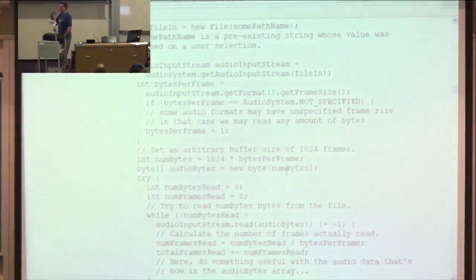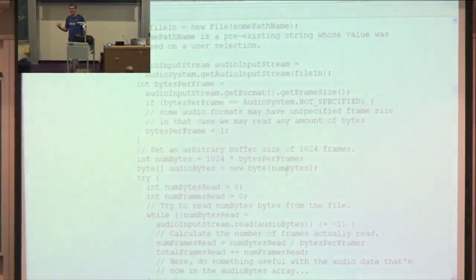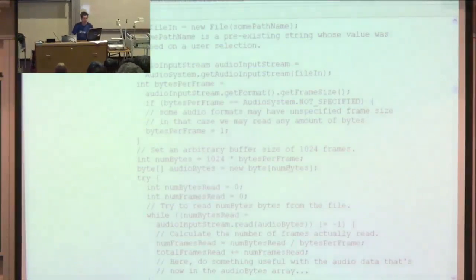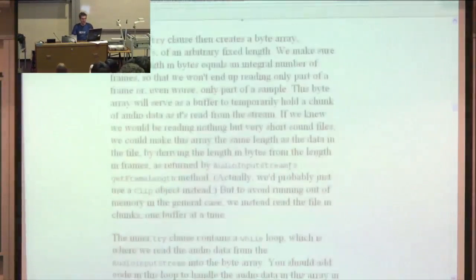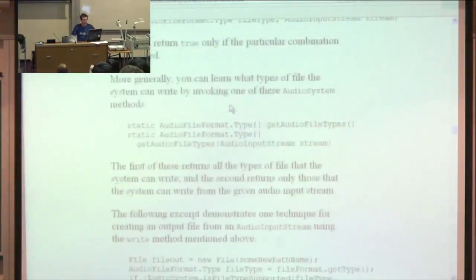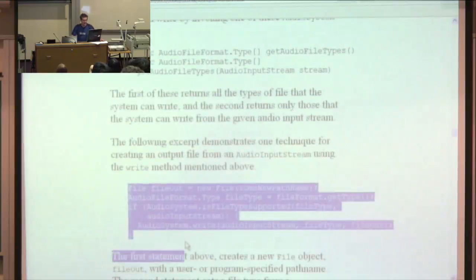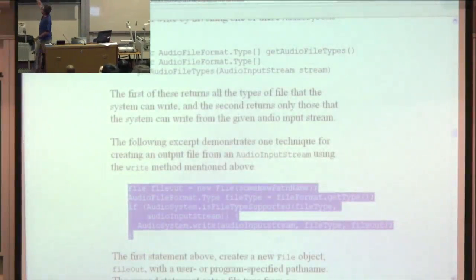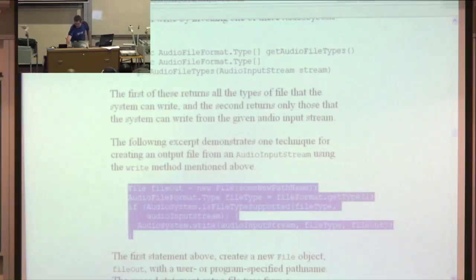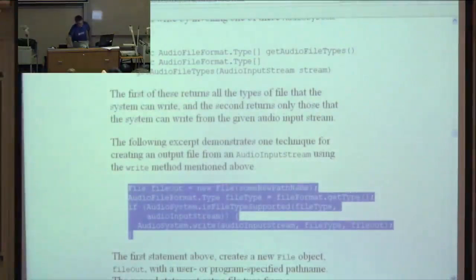But then I had to write it back out as a sound file. And this is where it got a bit tricky. So I thought, okay, I'm going to look at how you write it out. It says, writing sound files, that sounds good. Oh, and look, it's so small compared to the other disgusting one. And it turns out I don't need most of these lines. The important line is here, where it says, let's just dim it down a little bit.